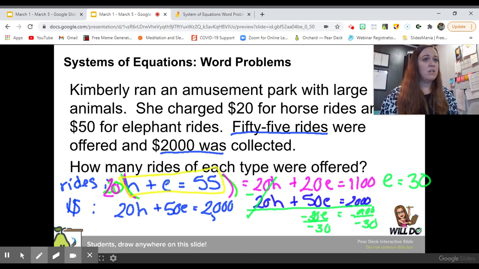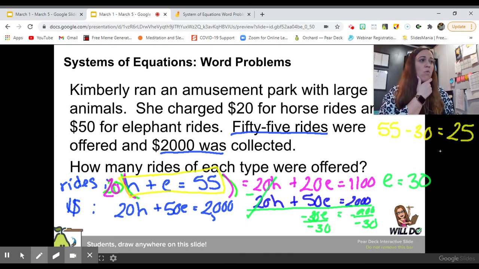Elephant was 30. So now we need to figure out how many horse rides were given. So we're going to do 55, again, I'm sorry if my writing is everywhere, minus 30 to get our total. Okay, so 55 minus 30 is giving us 25. So there are 25 horse rides